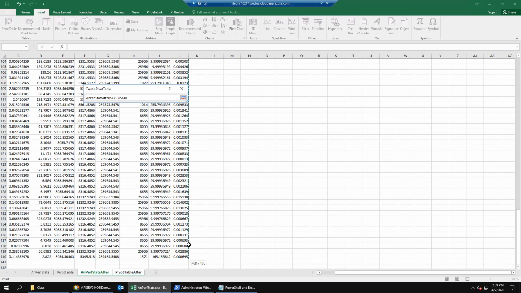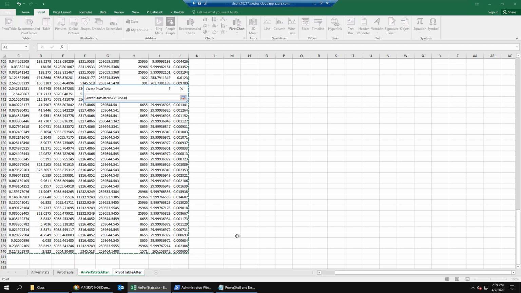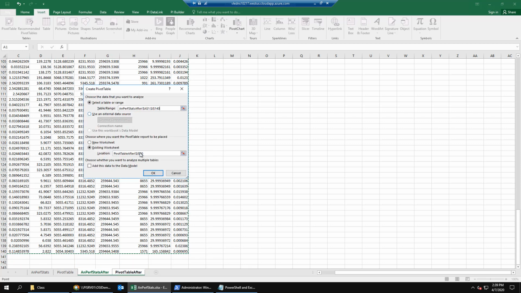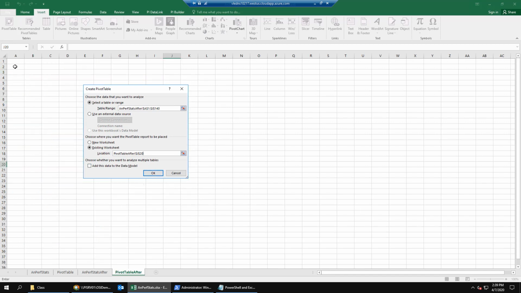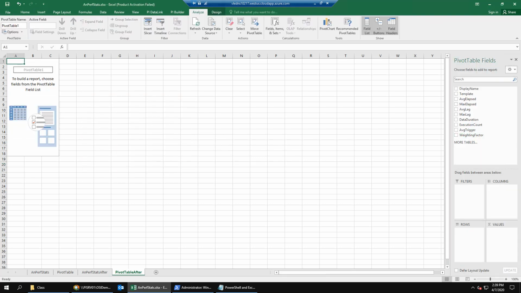We'll select our new data for the data range. Then as before, we'll add our fields to the pivot table.